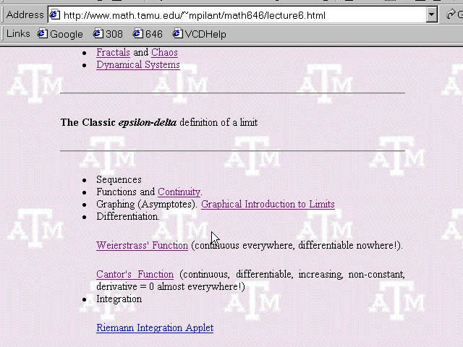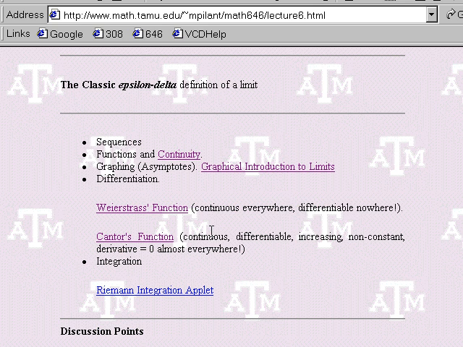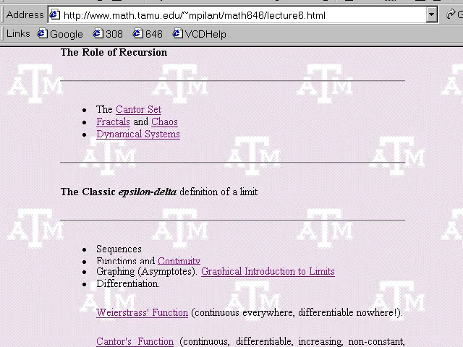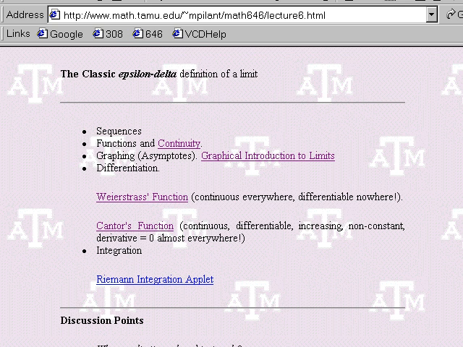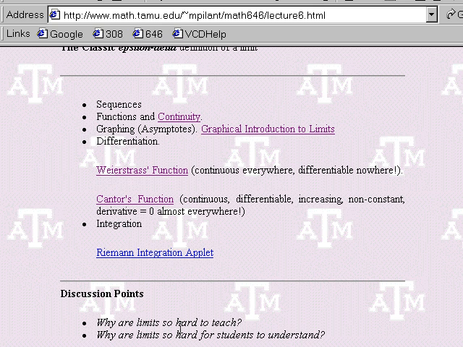Okay, so just to summarize, and we'll finish this next lecture, or maybe I'll finish it tonight on the web, there are some very fundamental relationships between recursion, iteration, and dynamical systems. So I think at the next lecture I'll start off with these discussion points of why are limits so difficult for students to understand, and why are they difficult to give clear, precise definitions on how to teach them. In other words, why does it take so long to learn about limits, in spite of the fact that they're so important? I have got one more applet that I myself